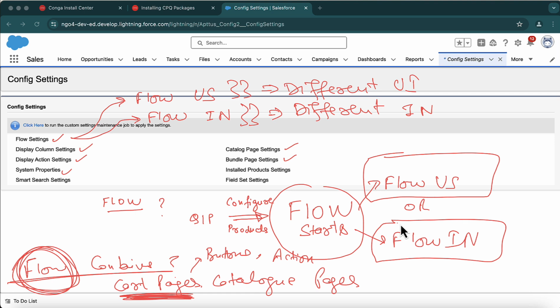So for the cart page, if you want to show cart page US here, then that can be configured from this side. For Flow India, if you want to show cart page India here, then that can be configured from this side. Okay, so let me just open one cart, how it actually looks like,